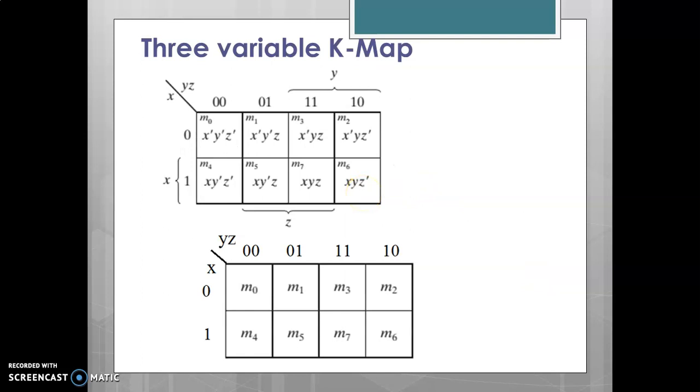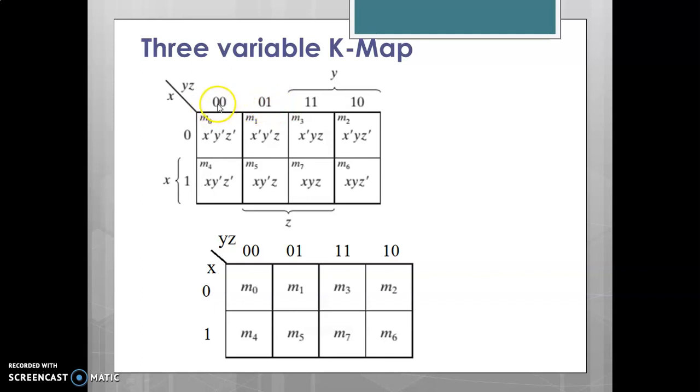The structure of the 3 variable K-map is shown here in figure. Since it's a 3 variable K-map, it will have 2 power 3, 8 minterms. So there will be 8 boxes in the K-map. So the K-map consists of 2 rows and 4 columns. In truth table, the value of the input follows a standard binary sequence. In truth table, we write 0, 0, 0, 1, 1, 0 followed by 1, 1. But in K-map, the input values are ordered in a different sequence. That is, they follow gray code sequence, meaning the neighbors differ only in 1 bit position.